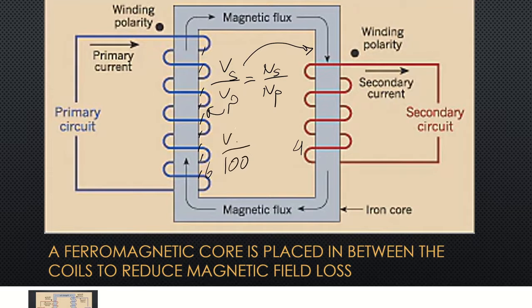So we can calculate our secondary voltage and change it because of the number of turns we have. Our number of turns on the secondary coil, right here as we can see, is going to be 4. The number of turns of the primary coil is going to be 6. So if we do some basic mathematics, we're going to get the voltage. The secondary coil is going to be equal to 400 over 6,